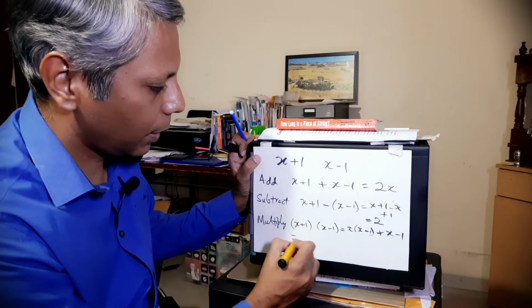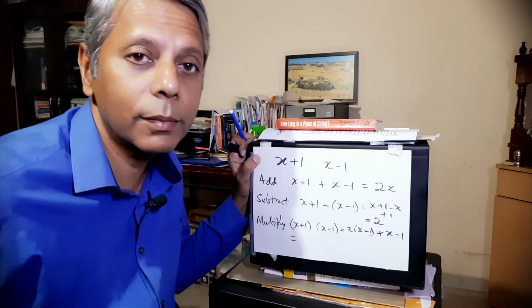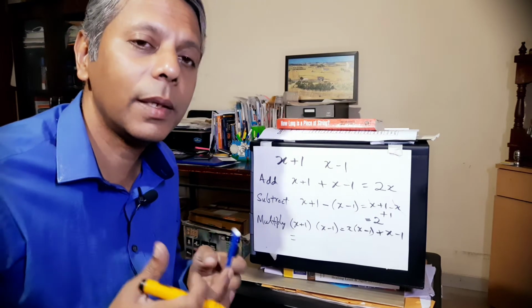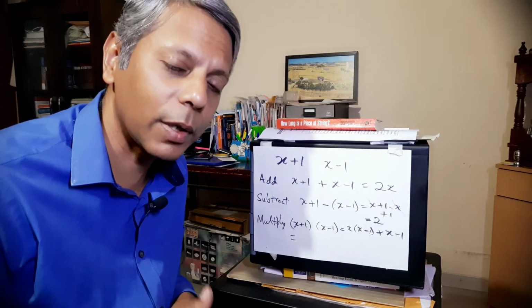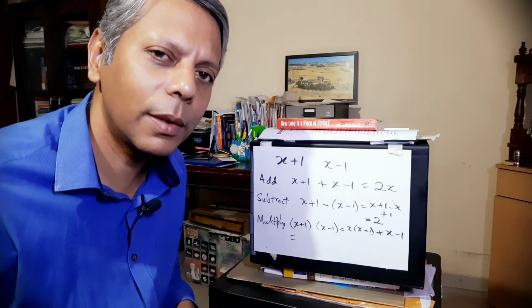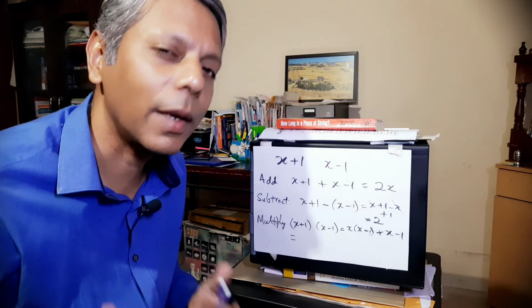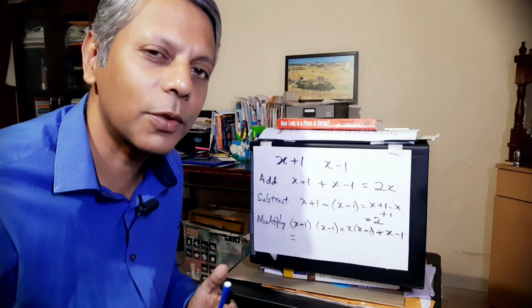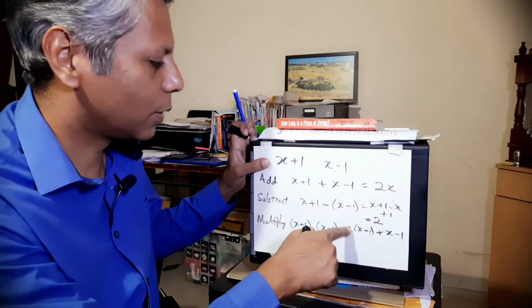And this will be x into x. It's not 2x, it's x square. So anything into itself is the square of that number. So 3 into 3 is 9. That is 3 square. It is not 2 into 3. It is not 2 times 3. So this is x square,